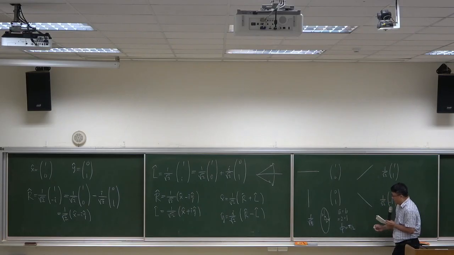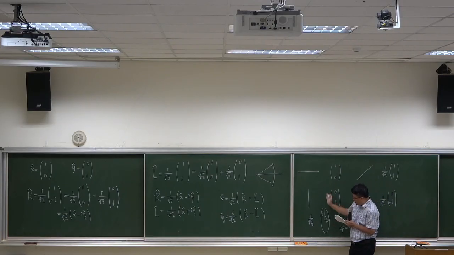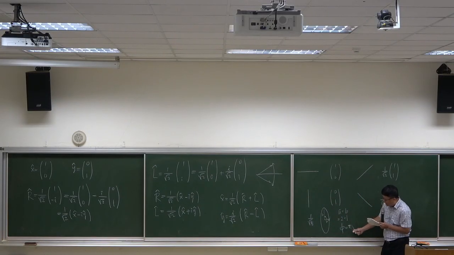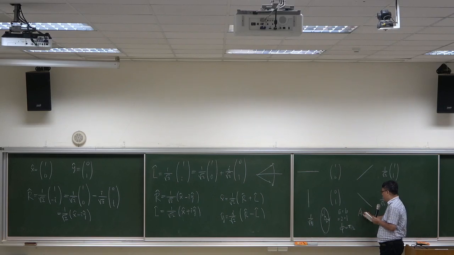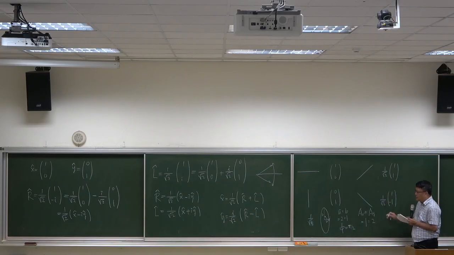Okay? And its orientation angle phi is equal to alpha pi. Then you see that this is nothing but AX to AY is equal to 1 to 2. Okay? So